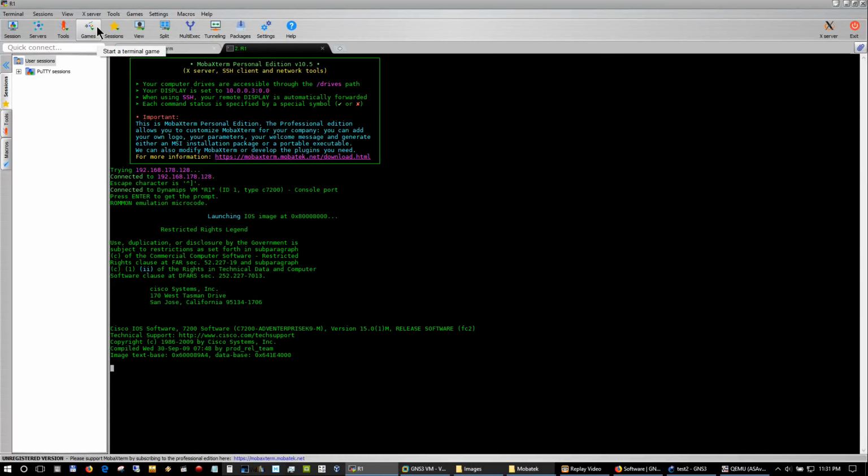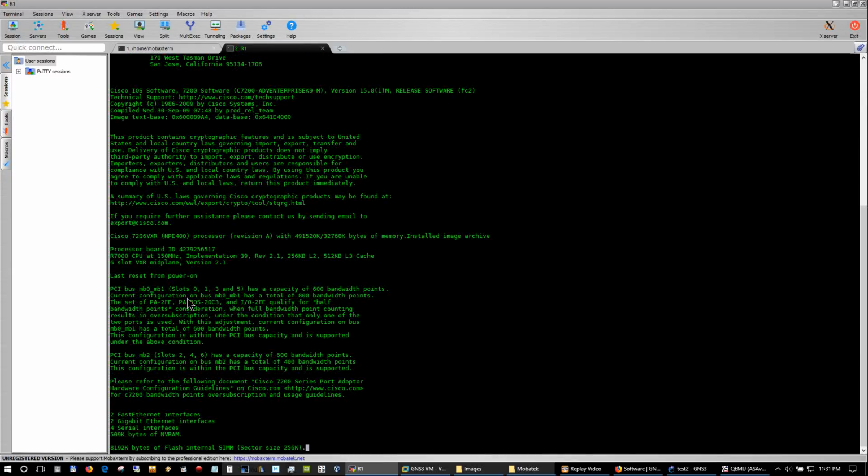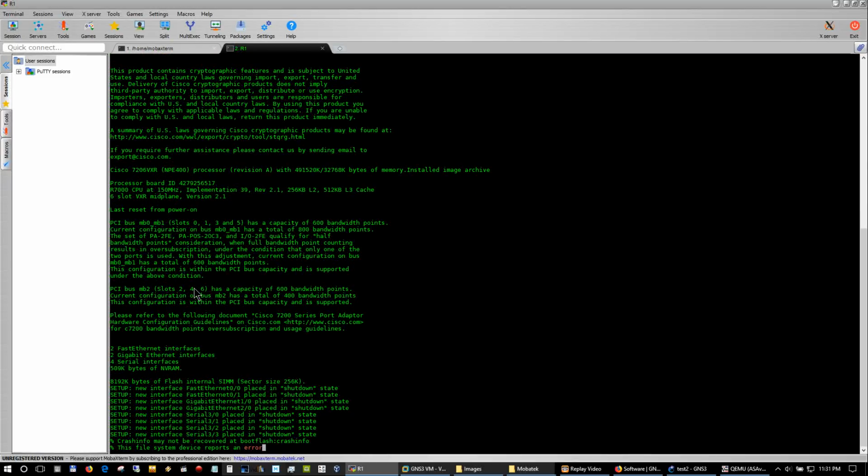Let's see if it opens the third. Come on, don't call me a liar. Okay, so if that happens, it could be that you have to increase that time to allow MobaXterm to fully get up